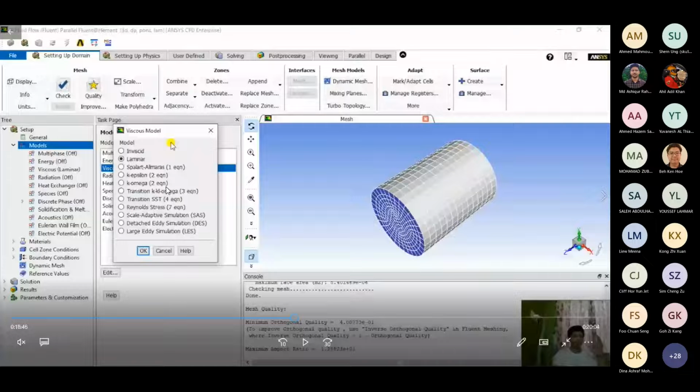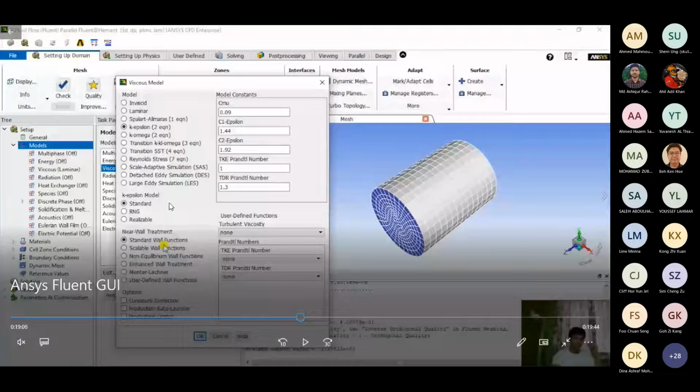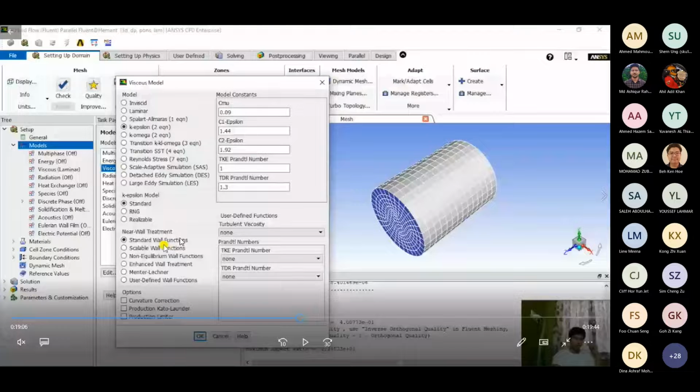Also, here I have used the k-epsilon model, and I have used standard wall functions. The major reason I have done this is to capture turbulence, if there is any. Ideally, if my flow is going to be laminar, then it's going to be laminar. But based on the fluid conditions and the velocity conditions, if my flow will have turbulence in it, then in that case I need to capture it. Beforehand, I don't know exactly whether my flow will have turbulence or not, right? So in that case, I have to choose the k-epsilon model.